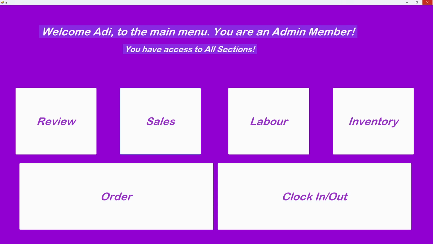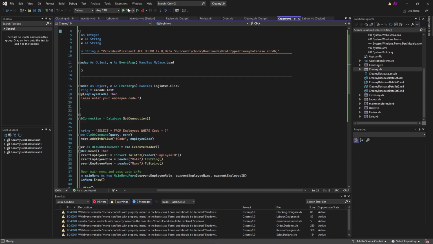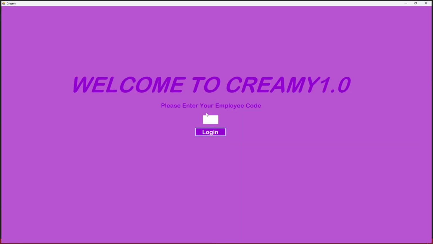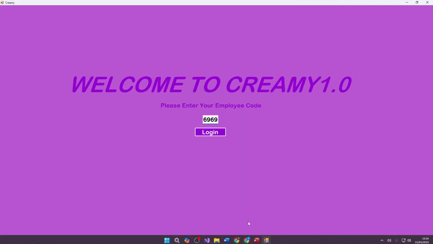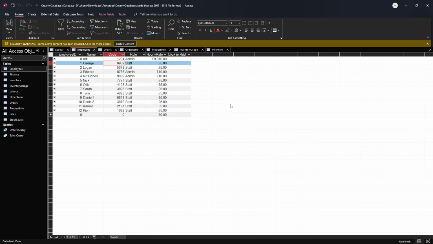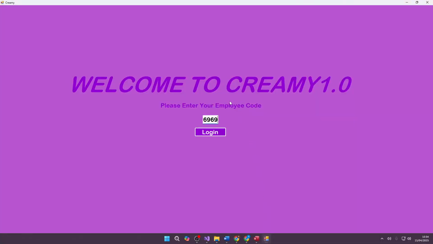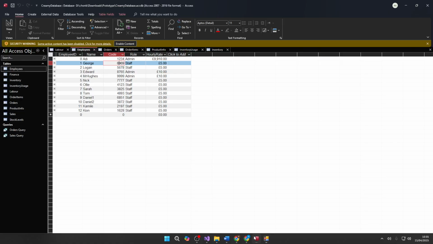Now if we go back and go onto the other staff member that was previously logged in, being this one here, we can see that we can now clock out, as we forgot to clock out before. The employee can clock out now, and it will be 0.18 hours worked with 91p based on their hourly wage, which can be shown